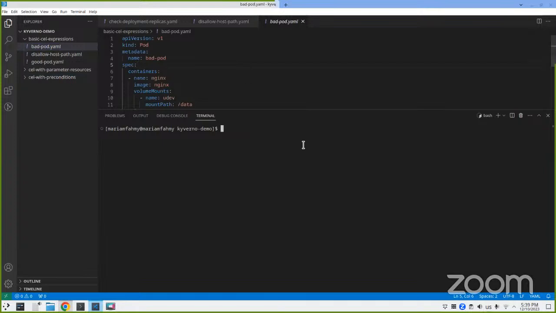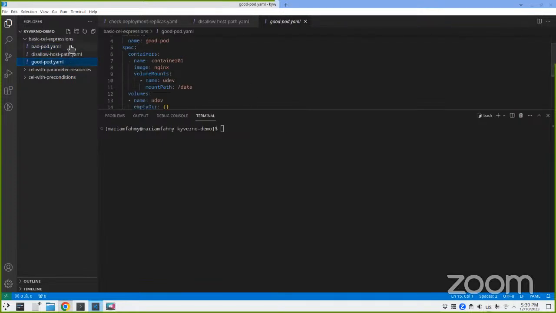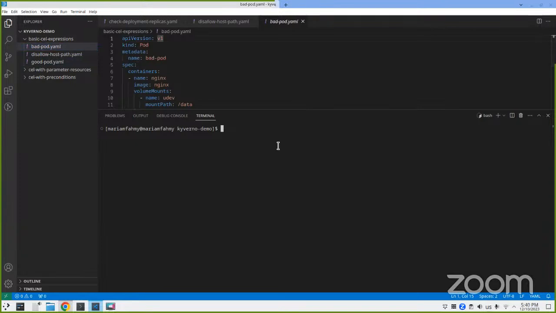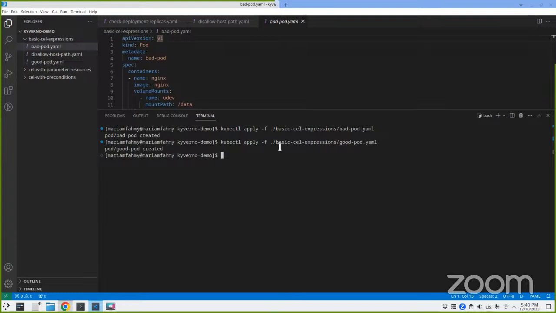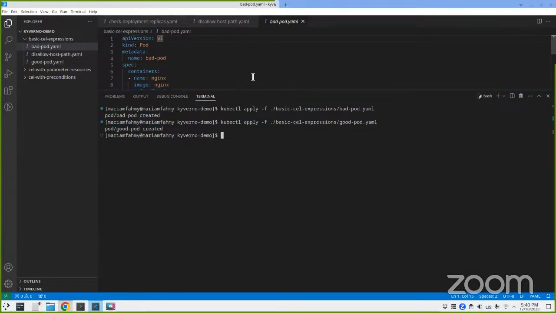We will apply this bad pod and the good pod before applying the policy itself. So we have applied 2 pods now,